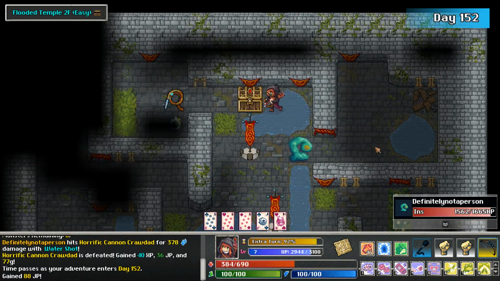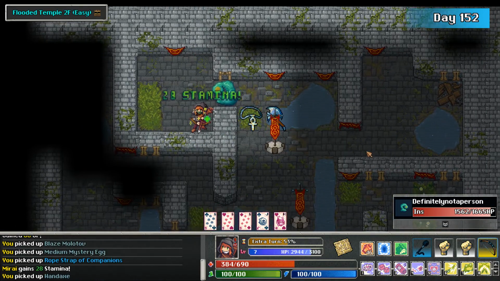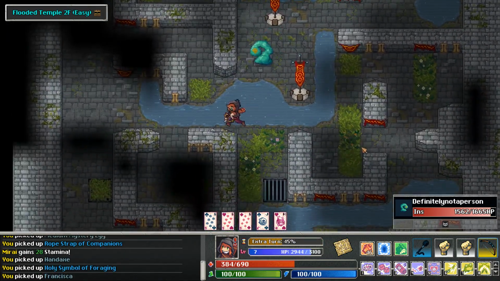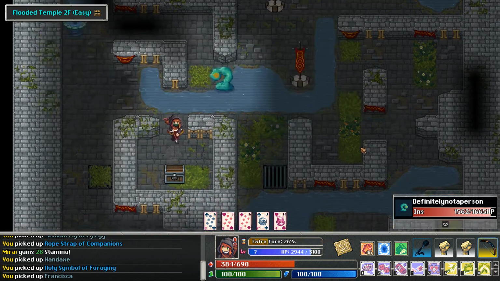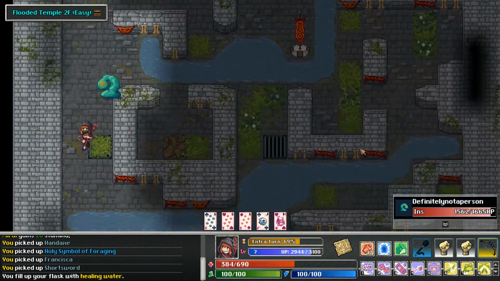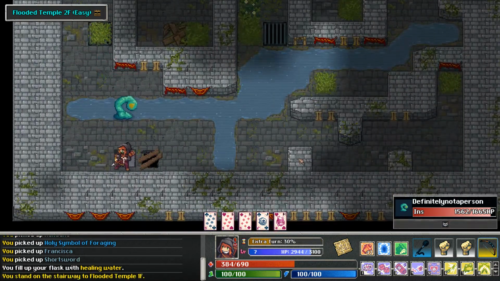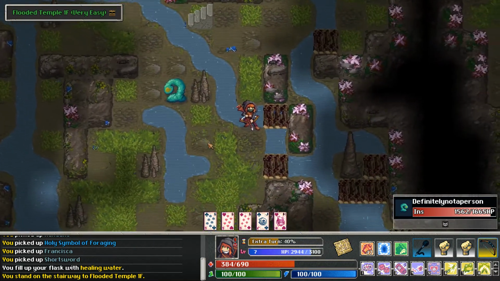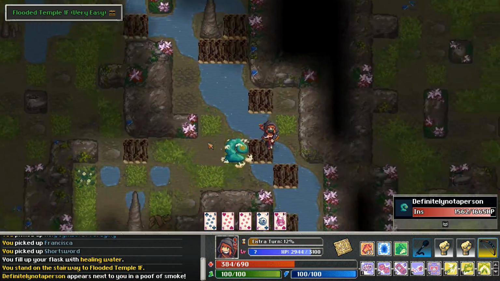Wow, that was sure easy. Our pet's okay at his job. I would say he's a solid 6 out of 10. Alright, nothing for it but to leave. I'm trying to think, are there any...